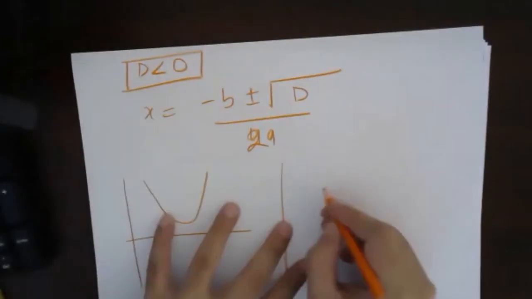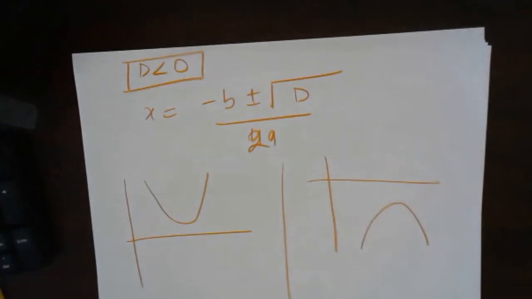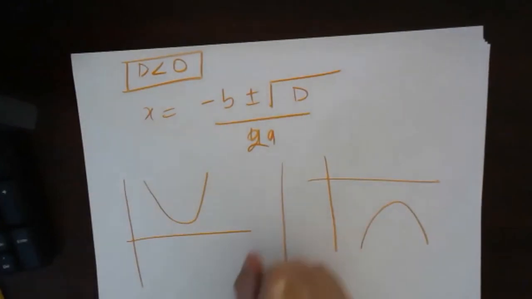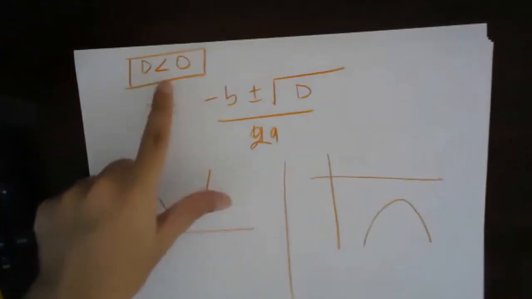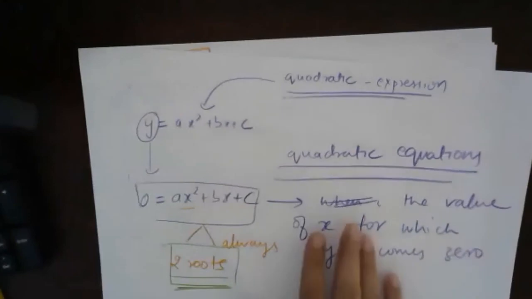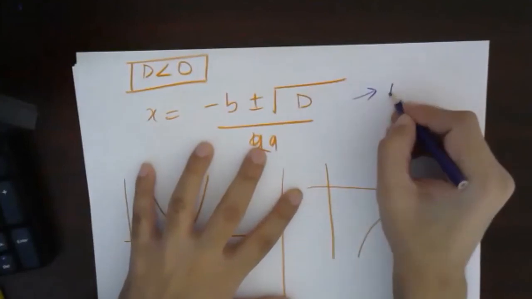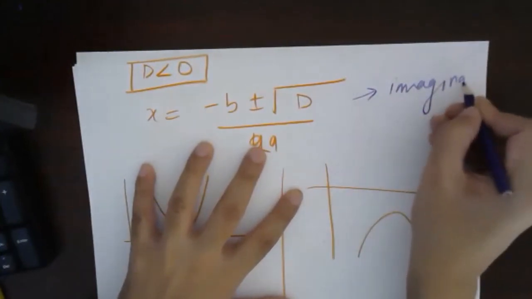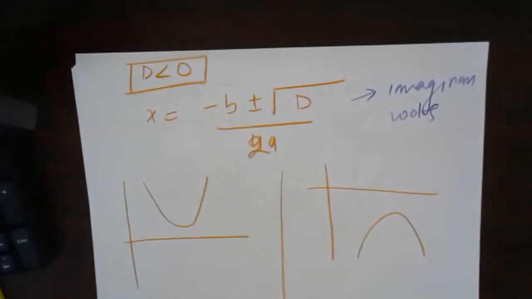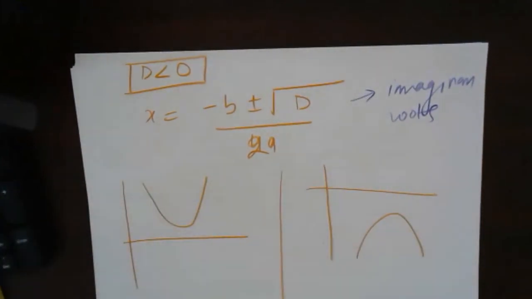And also for this case, this is the x-axis, this is the y-axis. Is there any point on x such that it is touching? No. So that means one assumption we took was wrong. In this case, when d is less than 0, we assumed y to be equal to 0, and in general we assumed that it will be 0 for at least one point. But in this case we are not getting 0. So that means we are getting imaginary roots. Imaginary means, in our dreams we were thinking that it will be equal to 0, but actually we are getting nothing. We are getting no real value of x for which it will be 0.